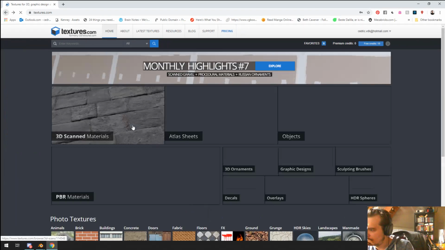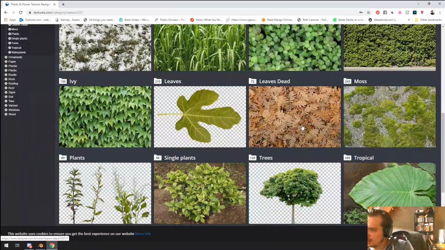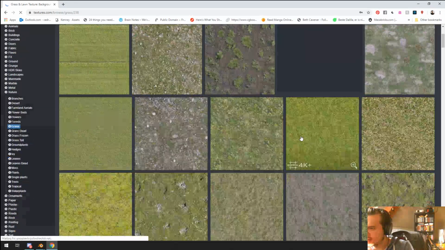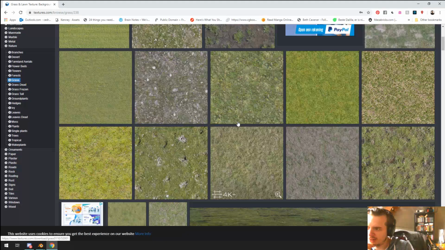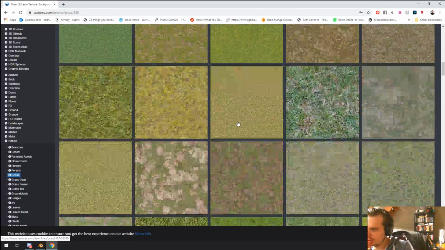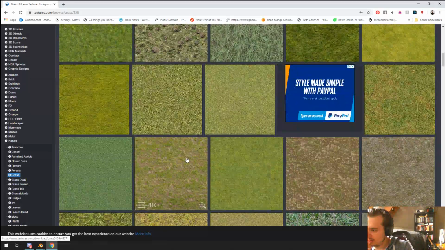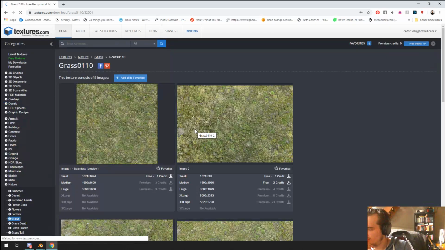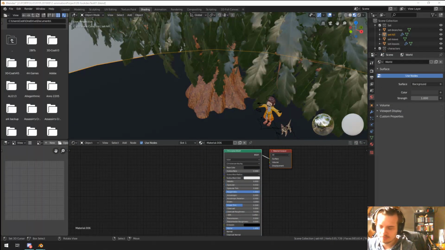No, that doesn't seem to be what I'm looking for. So nature, yeah, so grass will do, I think. I'm looking for kind of a ground that already has some grass on it. Something like this will do, definitely. Let's see here. It's fine. It's not gonna matter too much. Yeah, let's just grab this one. I'm just gonna grab the free one for now. All right, so I'm just gonna go grab that texture,